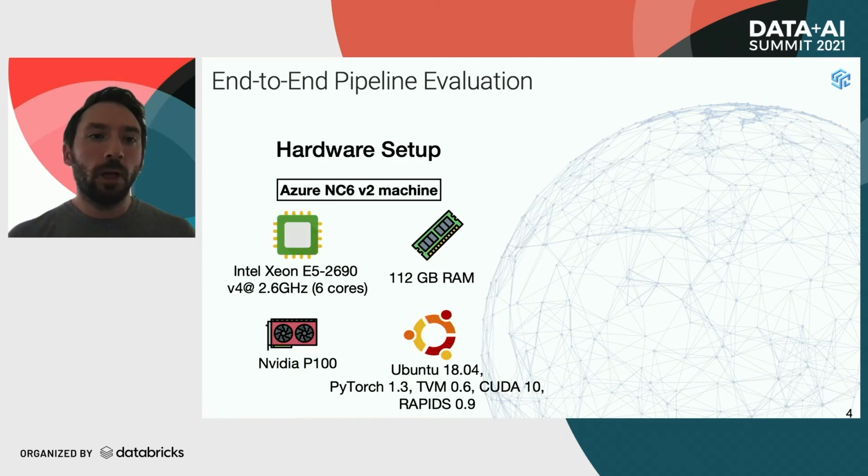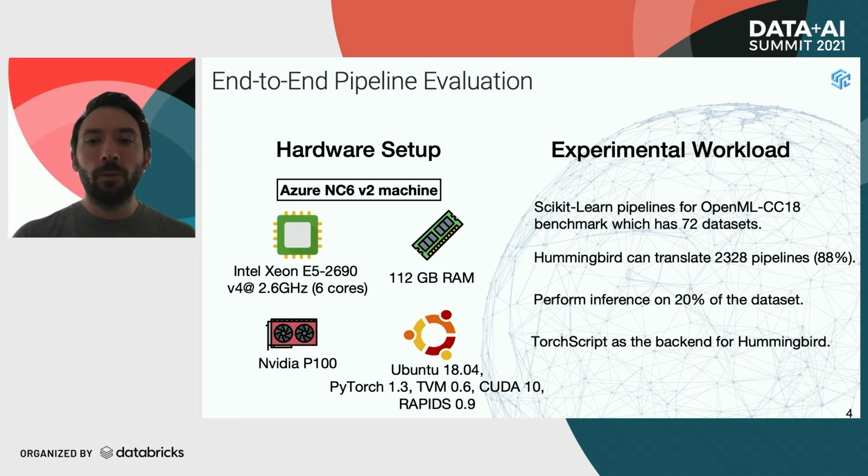Let me give you some idea on the numbers that you can reach by using Hummingbird. For this experiment, I'm going to use an Azure NC6 machine with an Accelerators processor with 6 cores, 112 gigabytes of RAM, and an NVIDIA P100 GPU. We basically crawled the OpenML CC18 benchmark, and we got the 72 datasets